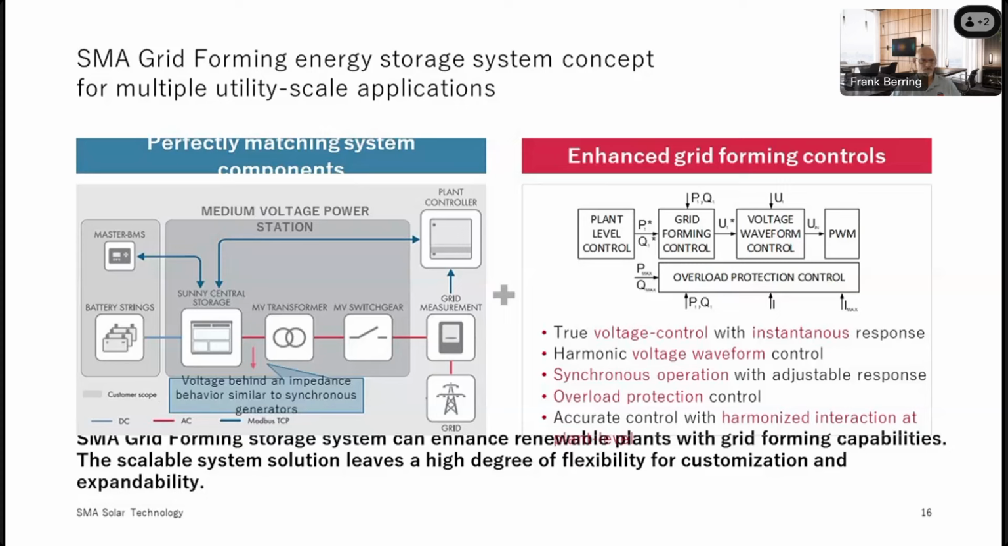And now comes our enhanced grid forming controls on top of that, which is then acting as a voltage source with true voltage control and instantaneous response. This is what we see here on the right-hand side, right? We have harmonic voltage waveform control. We can operate synchronous with adjustable response. We have overload protection control and many other things,